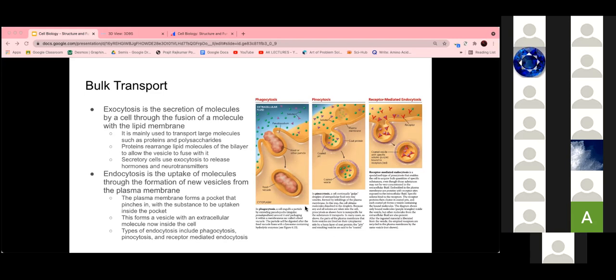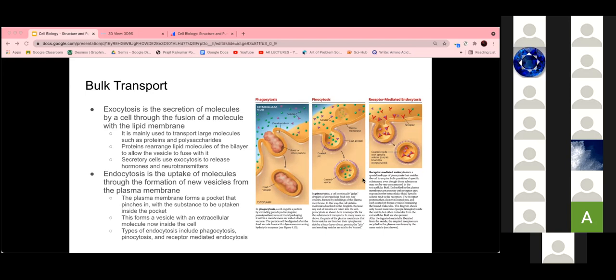In phagocytosis, you can see that the cell will engulf a large particle by extending itself outwards. In pinocytosis, the cell will pinch inwards to allow molecules to flow into that pocket, and then it will pinch the membrane again to form a vesicle